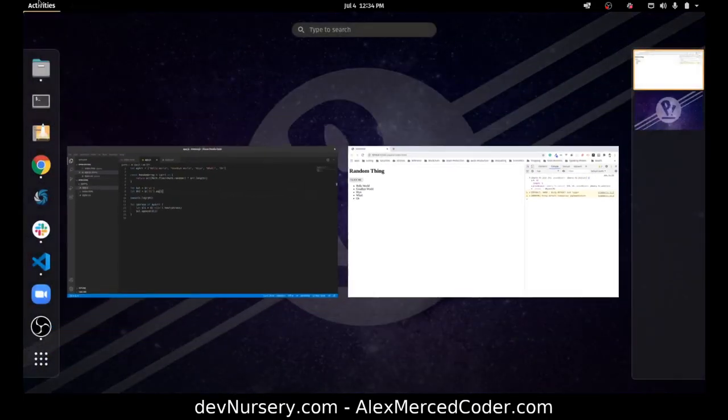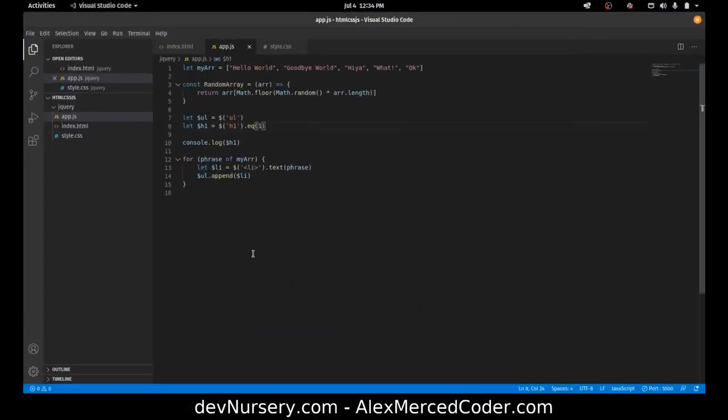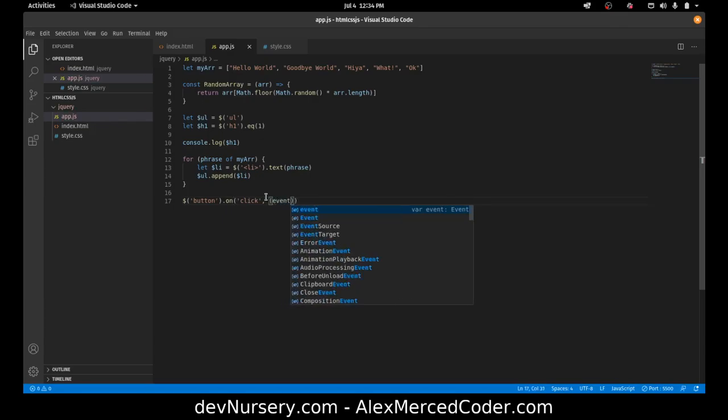Okay, cool. So I grab that, and what I want to do is I want to make it where that button has a click event. So I'm not going to use a variable for the button because I'm only going to do this once. So I'm just going to do this. I'm going to grab the button and then do .on to set up a click event. That always creates an event. Now what type of event I'm creating is a click event. And then I'm going to pass in the event function, which is always like this. I use event